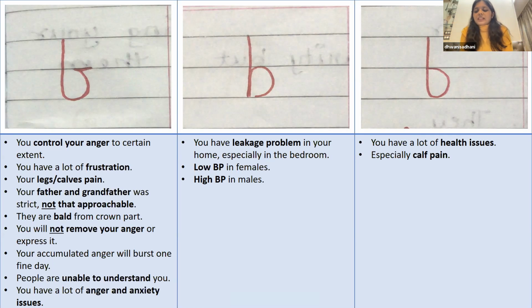You feel that people misunderstand you. There are so many situations where people are not being able to understand you easily. And because you feel you're misunderstood, you're not being able to express with your father, you have a lot of frustration inside, you have pains in the calves. Because of this, you eventually end up with a lot of anger and anxiety issues. This person might not necessarily know that they have anxiety, but most definitely people around them will tell you about their temper.